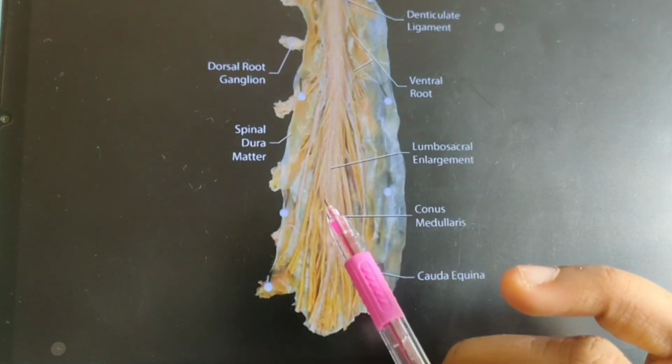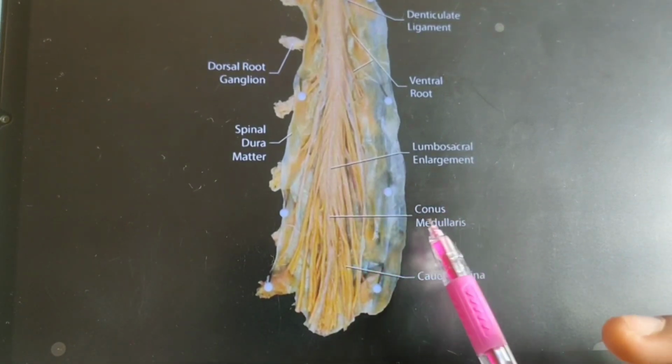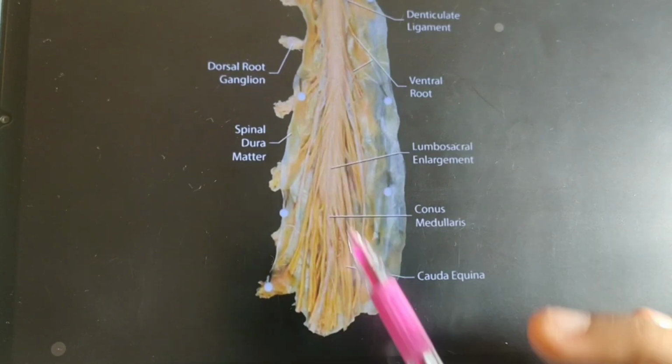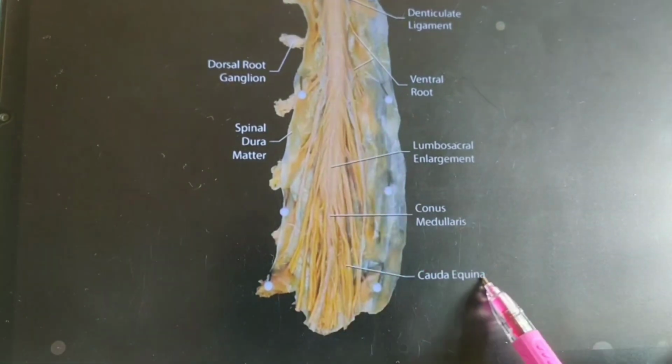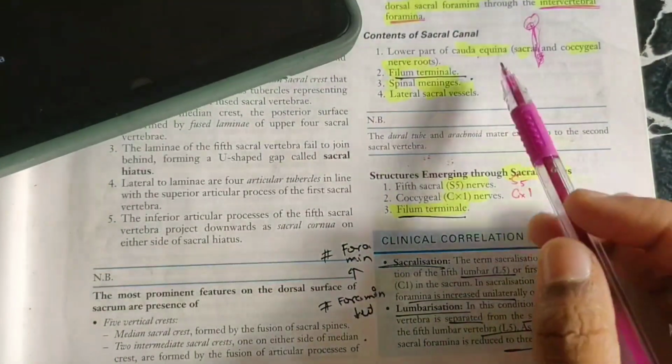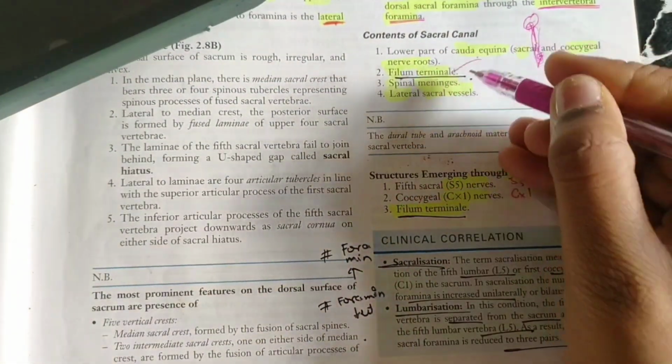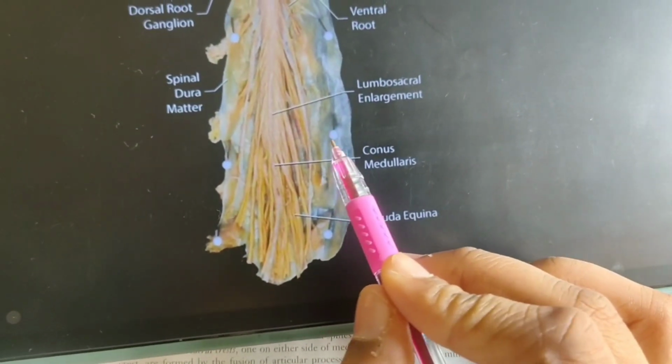These are formed by the sacral and coccygeal nerves. This is the cauda medullaris or cauda equina. Cauda equina means tail, a tail-like appearance of this spinal cord. These two structures pass into the sacral canal. See, filum terminale, cauda equina, and the spinal cord is covered by the meninges, dura mater, pia mater, and arachnoid